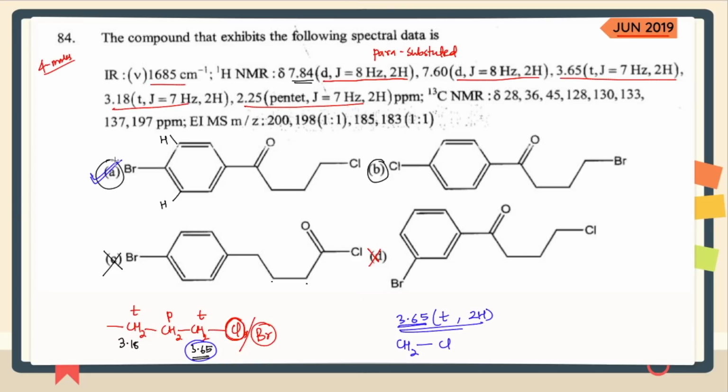The other way to justify it is through your mass spectrometry. The fragmentation you can see, and you can check out how you are going to get this fragmentation. Now if you see here, the fragmentation which you are getting is 1:1, that means 200 and 198, that shows the presence of bromine. And the second fragmentation, which is 185 and 183, that also shows the presence of bromine. So they are talking about that fragment where bromine is present in the molecule. So let's fragment this out and see whether bromine is present and is it satisfying this mass or not.